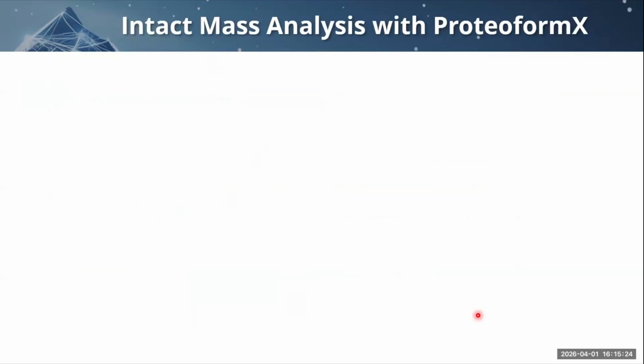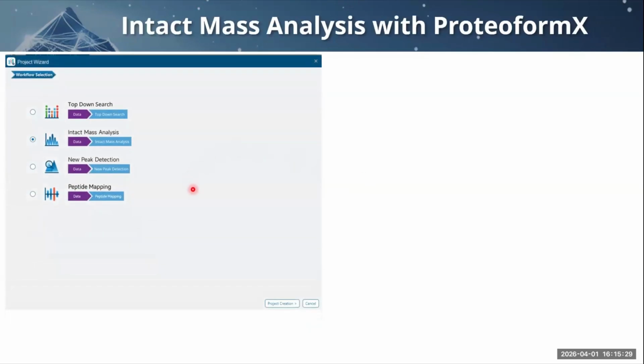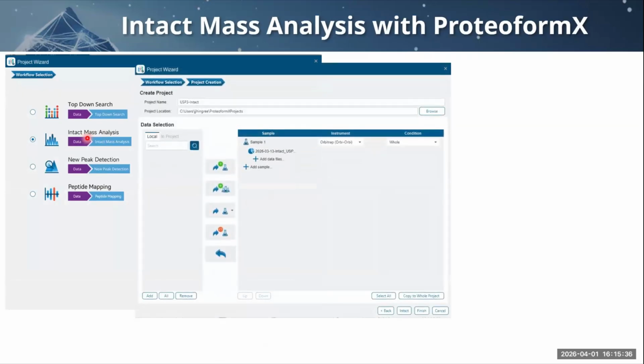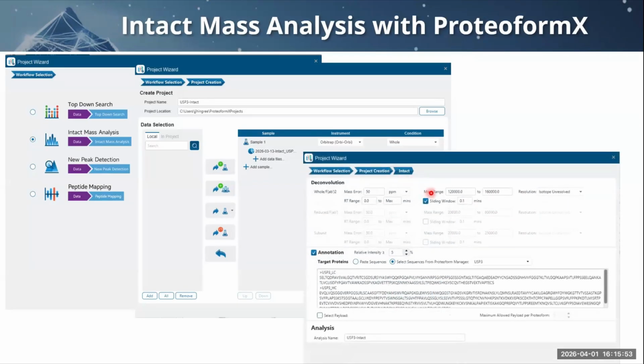So for the intact work, in terms of our software, this is Proteoform X. When you open Proteoform X, you will see several workflows here. Since we're doing intact mass, that's the one that's selected. You would pull in your raw data here, select your instrument. In this case, it's Orbitrap, and the molecule at what level you're analyzing. In this case, it's whole, but there are other options to look at reduced species and subunit species. Then you would set your deconvolution parameters to get your zero charge mass spectrum and the mass of all species